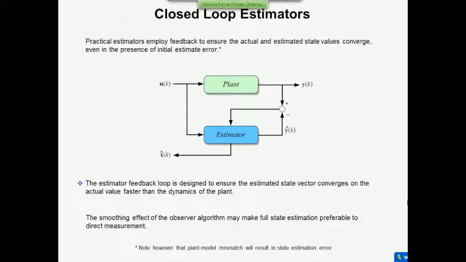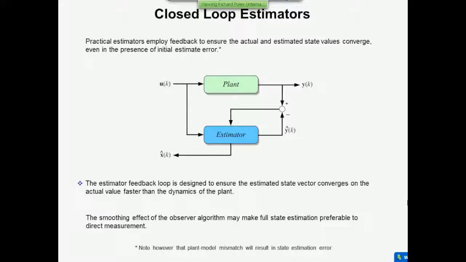But it doesn't completely correct for plant model error. When you've got plant model error, you will still get a small mismatch in the estimated state. And there isn't much you can do about that, because if you've not got complete, perfect knowledge of the plant, those estimate errors can't possibly be right. I mean, how do you know that they are right? You've got to base your estimate on something, and that's the thing you hang your hat on and say, I know what the model matrices are, but if you're wrong, well, it's going to be a little bit of difference.